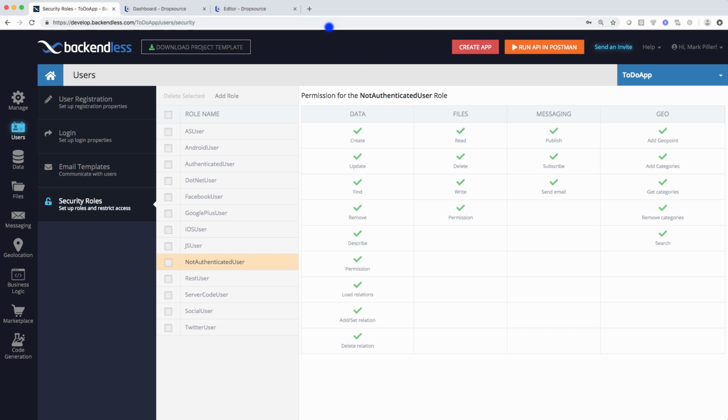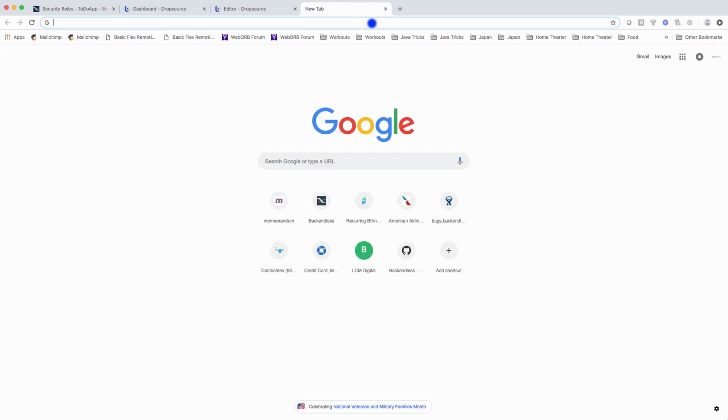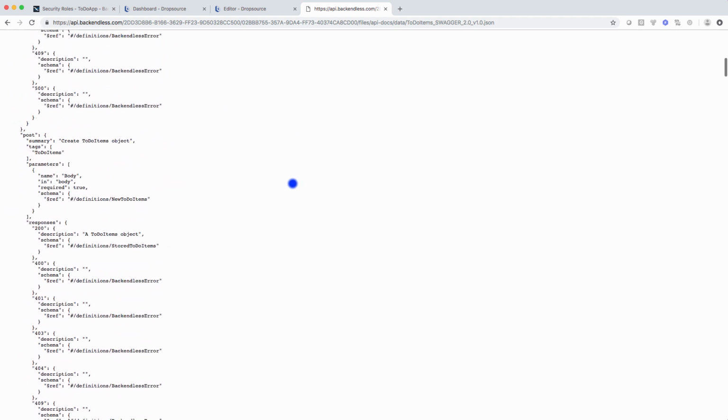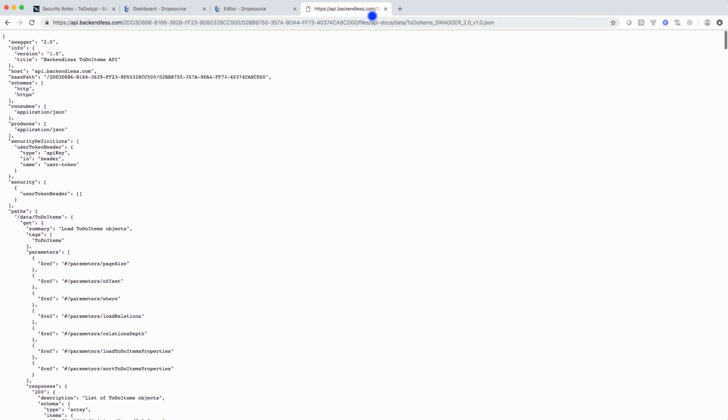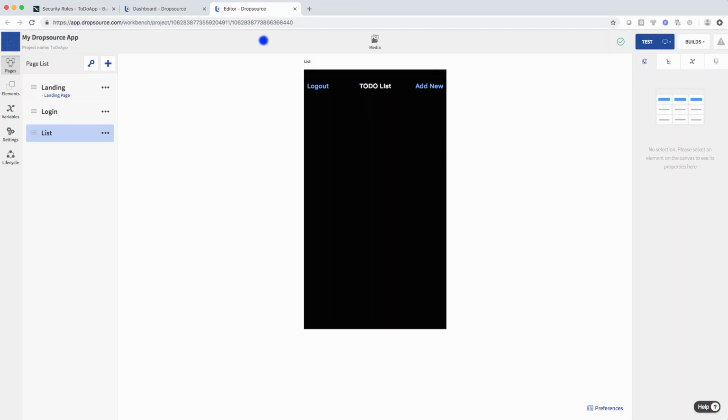And you can actually validate that the URL that you copied for the API docs is accessible by opening a new tab in the browser, paste the URL, and you can see that it comes back. Now we're going to return to drop source